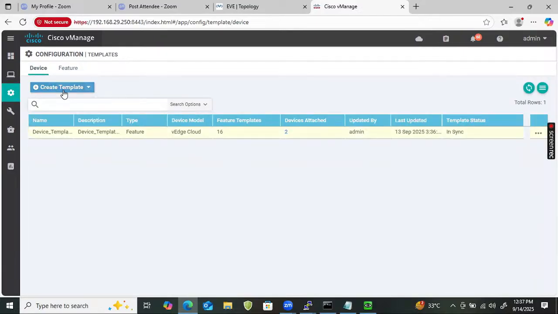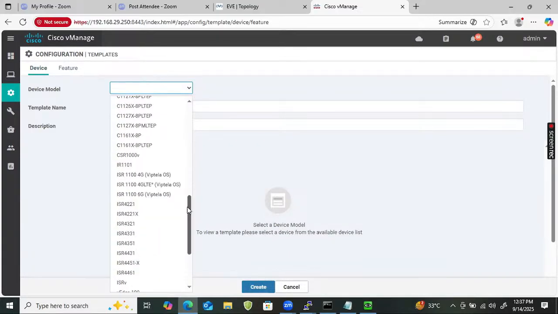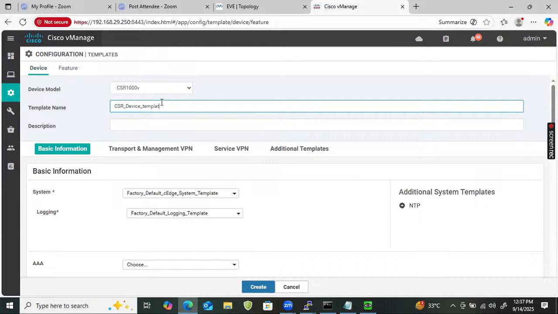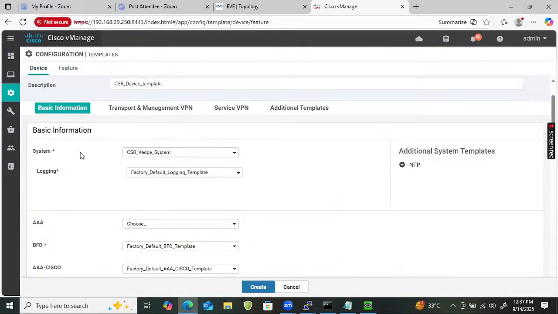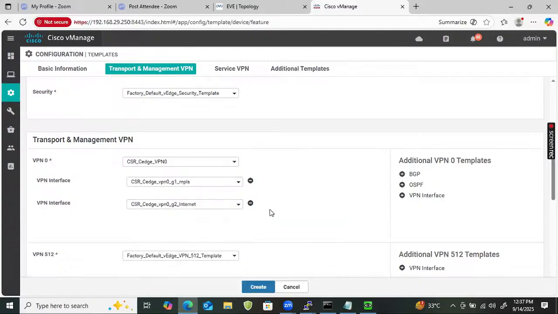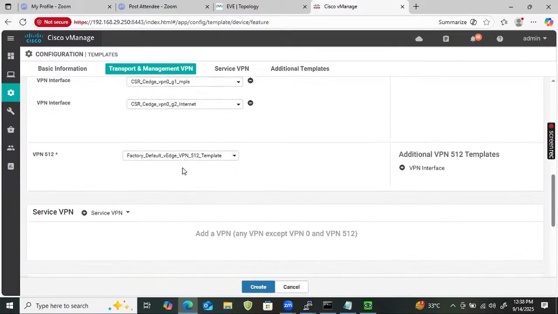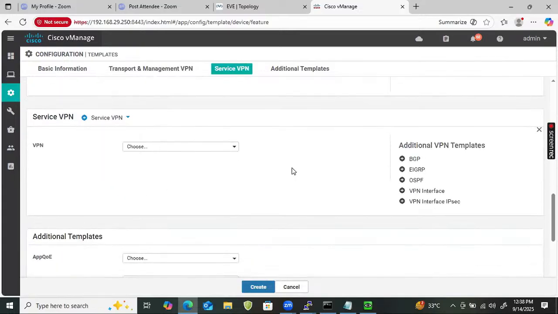Now I need to create a device template. In device template, you just need to go there, create the device template, select the model here now, the CSR 1000V, CSR device template. And then under the system, you can just select CSR system. Interface, it's a G1, one more interface, it's a G2, OSPF should be OSPF VPN 0, then 512, VPN interface should be G4, and under the service VPN, we are going to choose CSR, CS, VPN 999, then